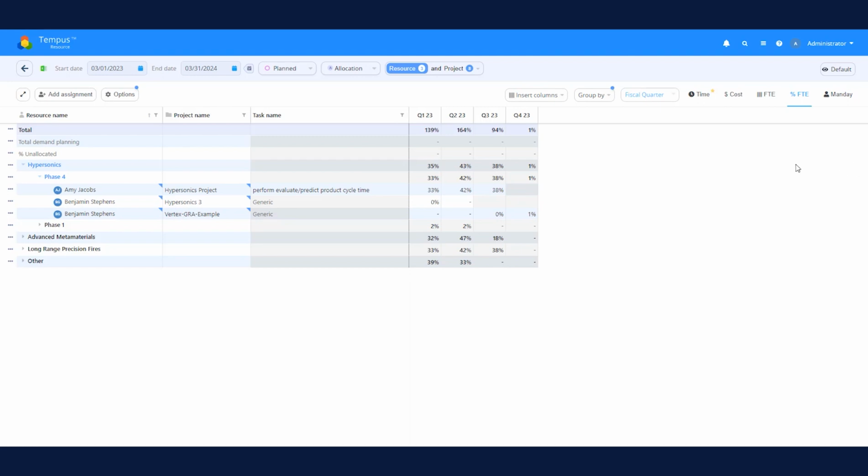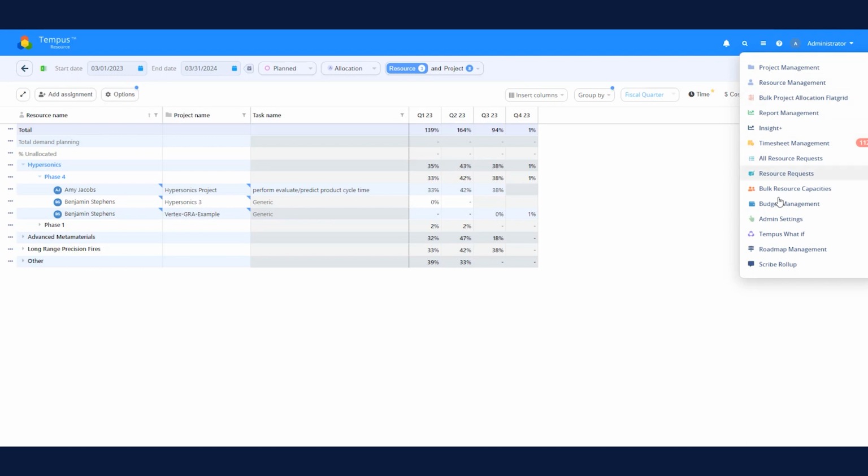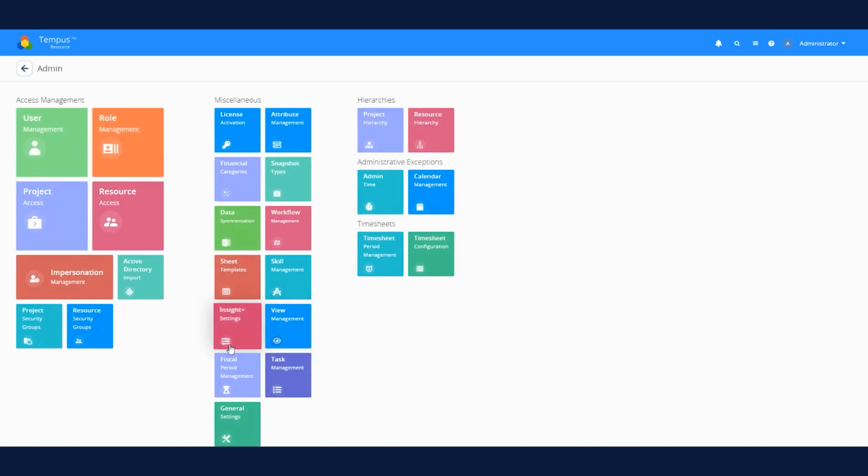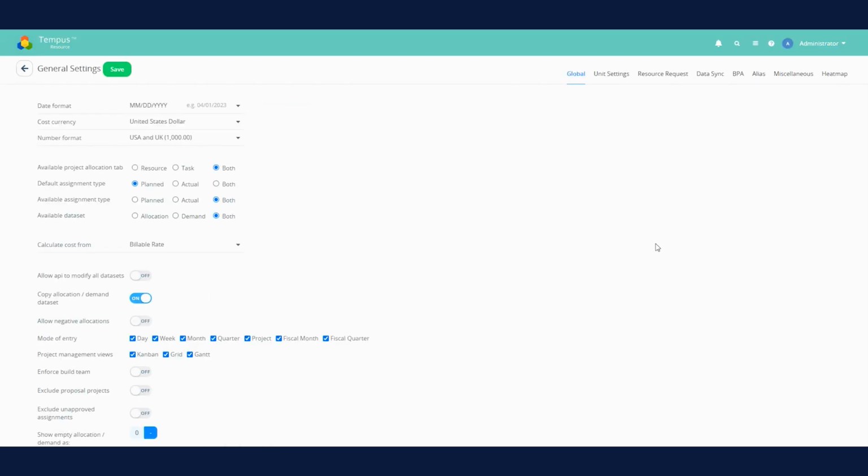Now, as a quick refresher, fiscal period configuration is done under admin settings, fiscal period management. But one thing I do want to show you is under general settings. Remember, you can turn on or turn off these different modes of entry. We can turn off fiscal month and only allow fiscal quarter, or the opposite, or allow none, and choose again which mode of entry you want to enable. In this case, I'm going to leave both of these on. After you make these changes to meet your desired configuration, just go ahead and hit save, and you're good to